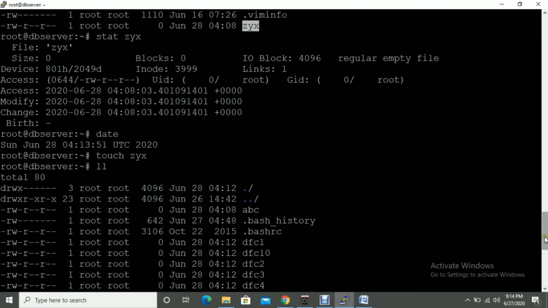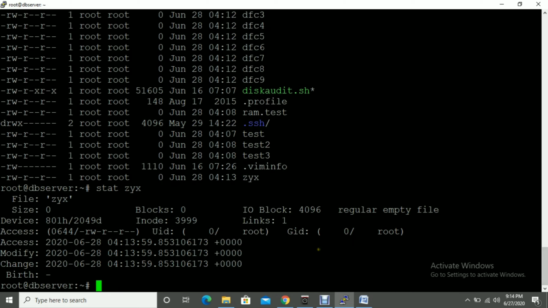Earlier it was 4:48, now 4:13. So when you're using touch, there are two main rules. First, it's going to check whether the file is available in your system. If available, then it's going to change the timestamp. If the file is not available, then it's going to create it. So this is the touch command, and you can use it.